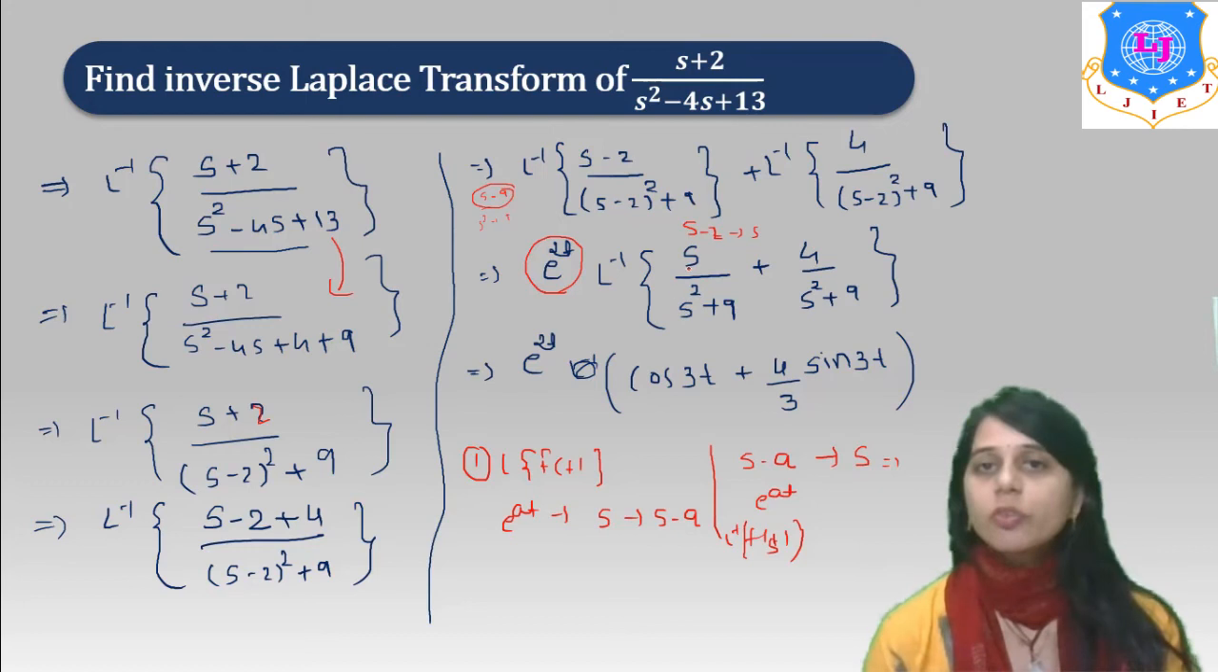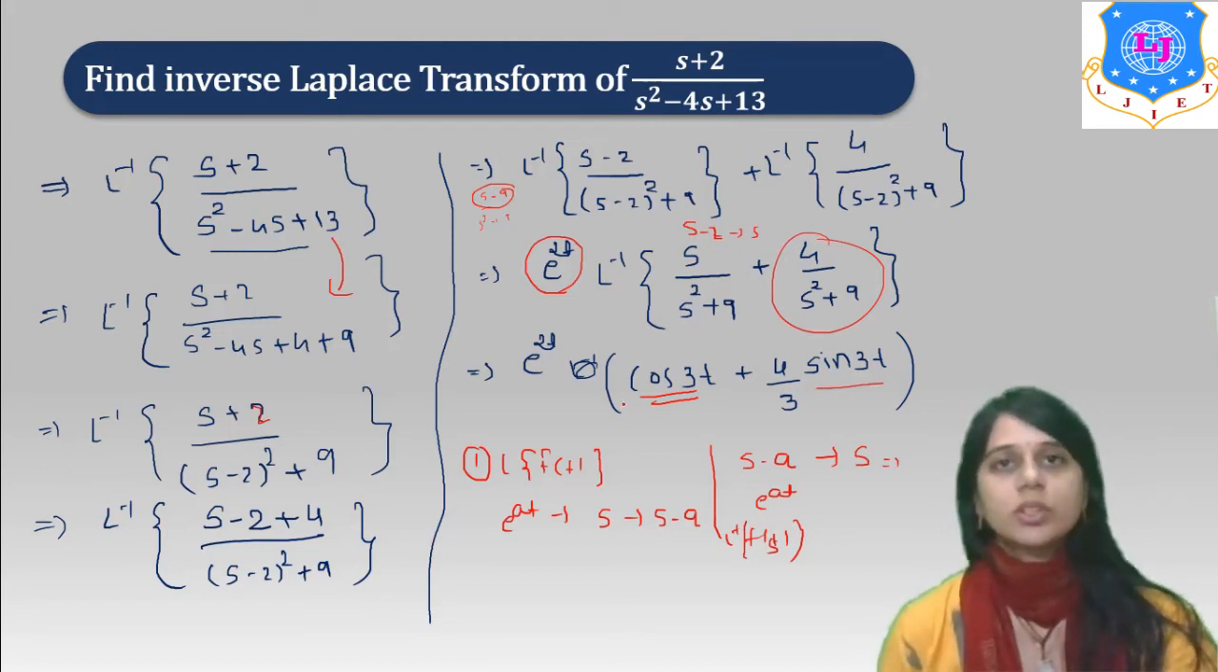Now, the inverse of s upon s square plus 9 is cos 3t, and the inverse of 4 upon s square plus 9 is 4 by 3 sin 3t. So this is the answer. Next,